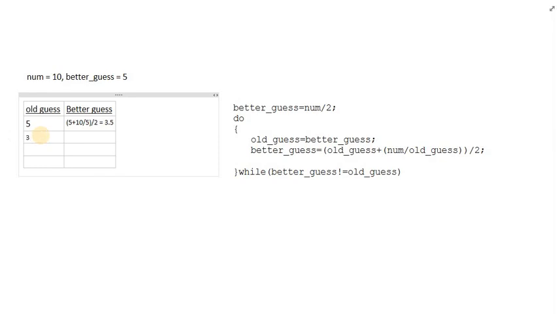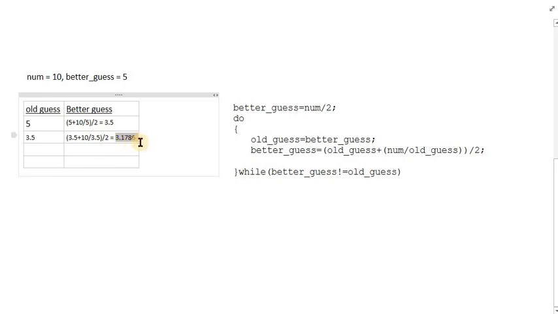The previous value of the guess becomes the old guess now, and the better guess can be computed as the previous guess, that is 3.5, plus 10 divided by 3.5, whole divided by 2, which equals 3.1786. So using the previous guess 3.5, I have generated a better guess.